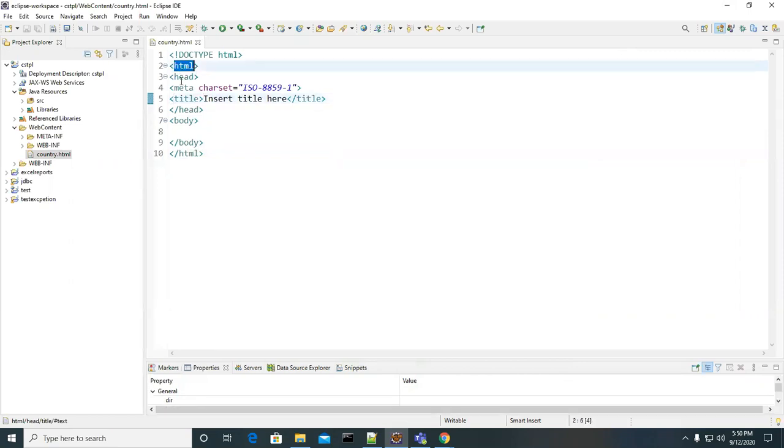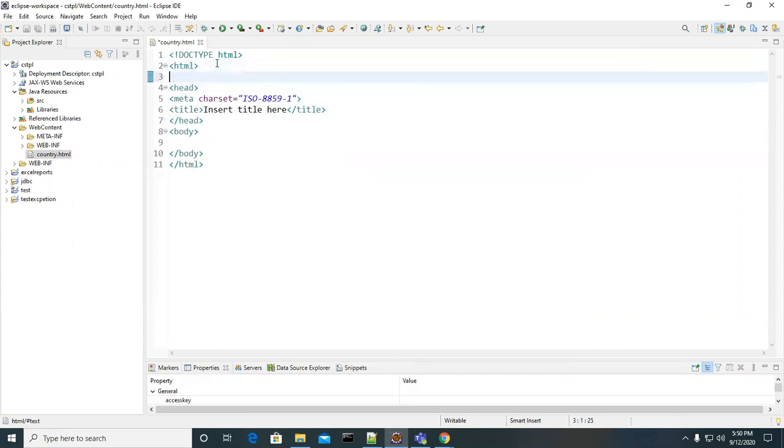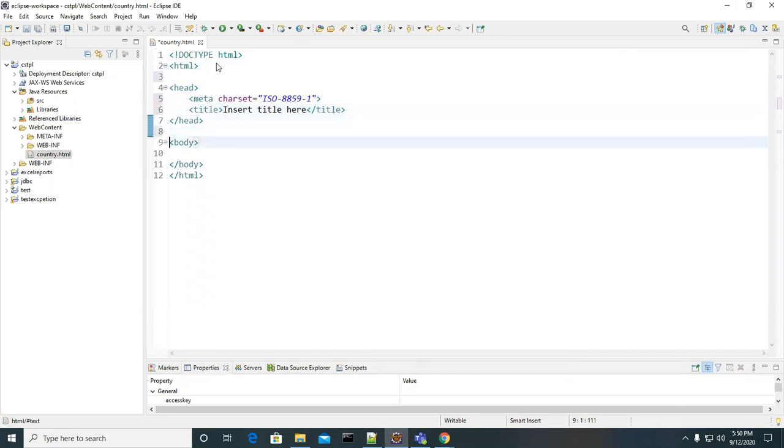So look at this. This is HTML. Head tags, body tags, and the title here.